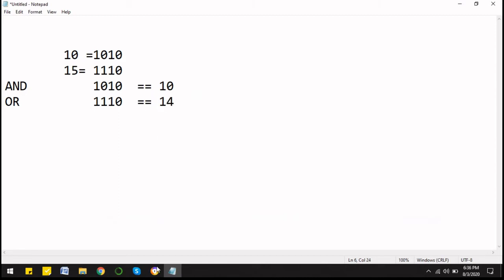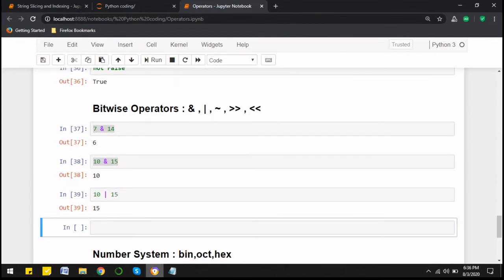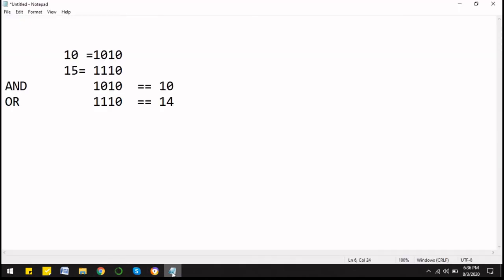Now let's see what will be the output here. Let's explore it. Sorry, this was 1. So I was calculating on 10 and 15. So 0 and 1 will be 0, 1 and 1 will be 1, 0 and 1 will be 0, and 1 and 1 will be 1. So this is correct, but in this case it is giving us a false result. So please correct it.